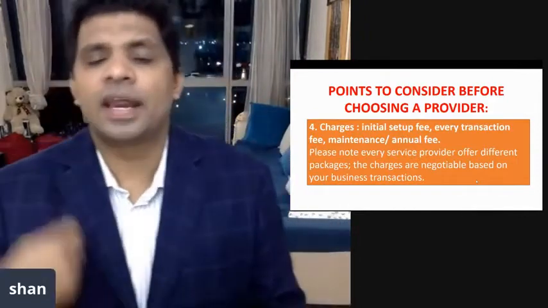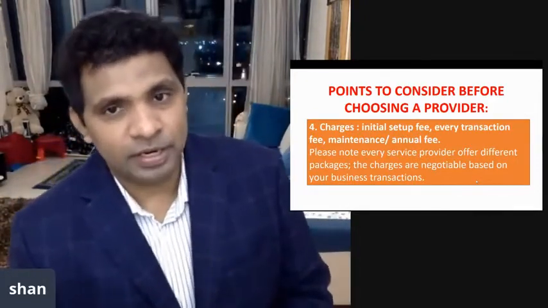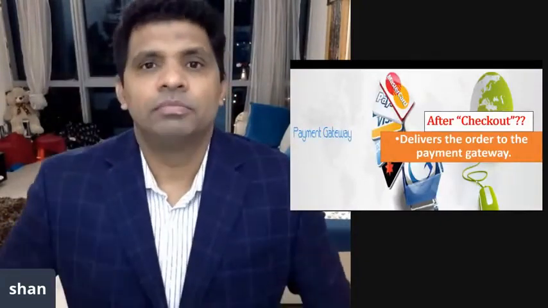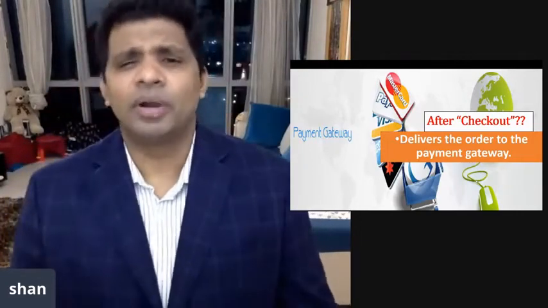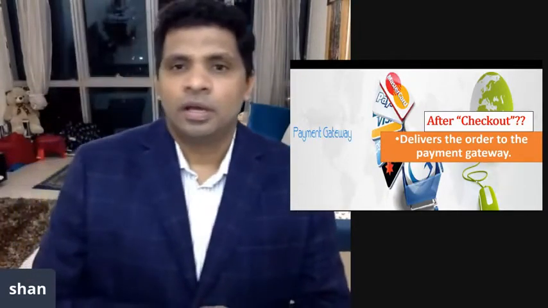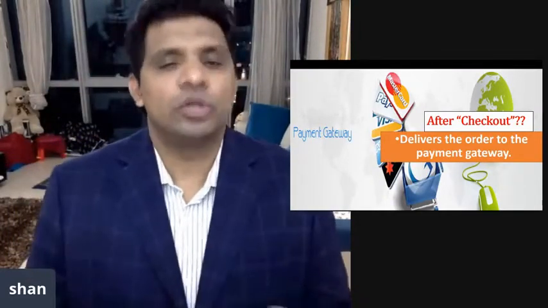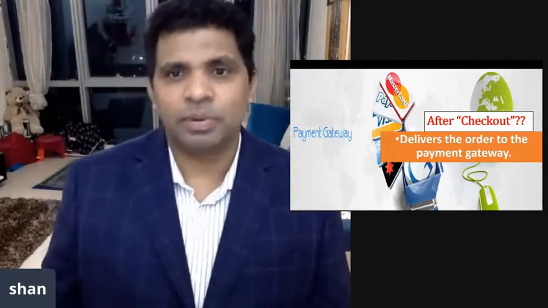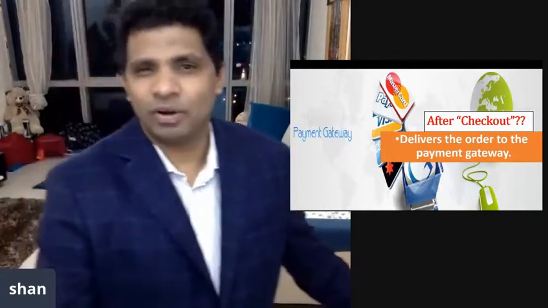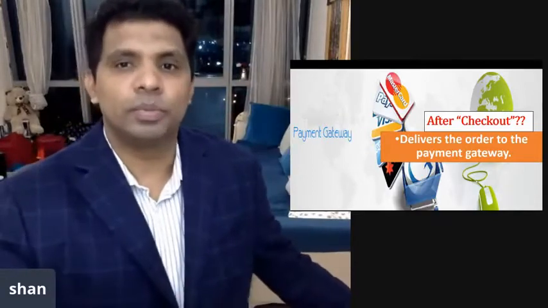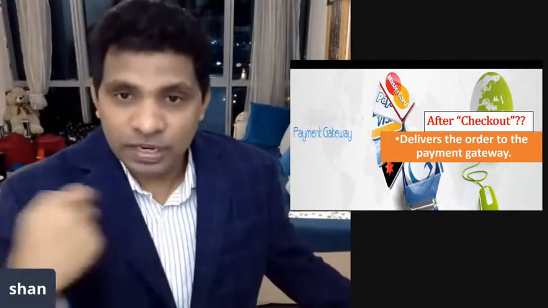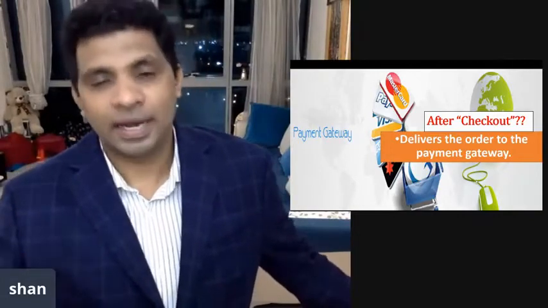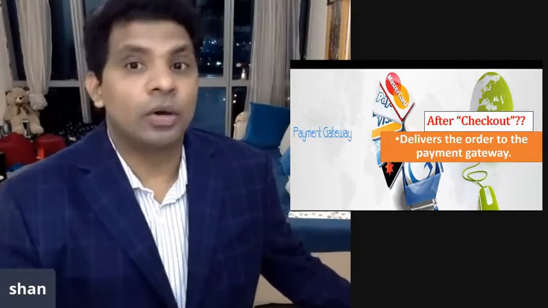The second one is that on every transaction you need to pay money. In some cases it's 3.5 percent, 2.5 percent, in some cases 5 percent. The lowest I know is 0.7 percent. It depends upon the merchant and on the bank. They negotiate. In the physical world, the cheapest I know is Lulu. Lulu pays around 0.7 or 0.8 percent, but usually the market is 2% to 3 percent. But they can negotiate that, and on every transaction you need to pay the money to the credit card companies, and you can negotiate that.